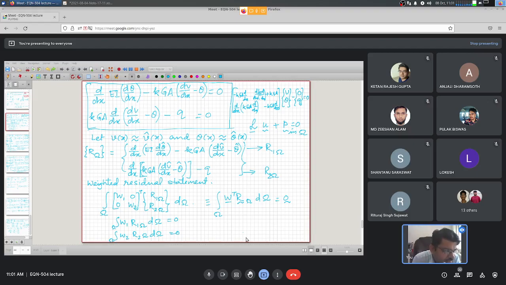Find out the section rotation at any point, and using these transverse displacement and section rotation, you can find out the bending moment and shear force at any point. Bending moment is going to be EI times d theta by dx at any point. Shear force is going to be K times G A multiplied by